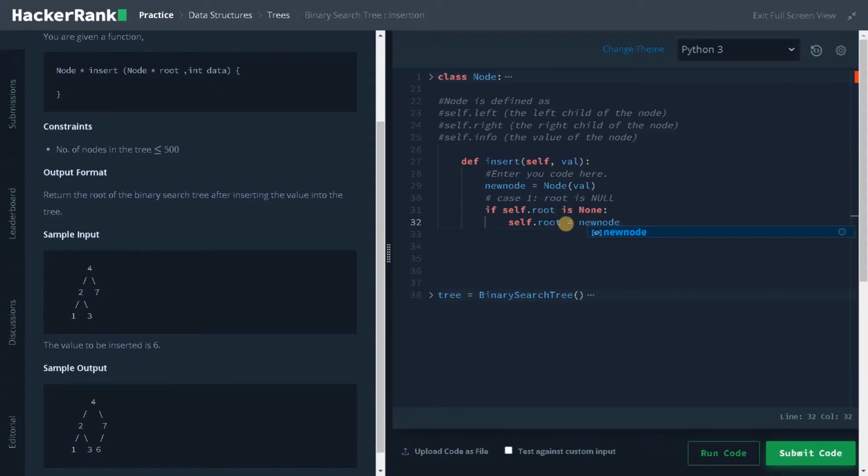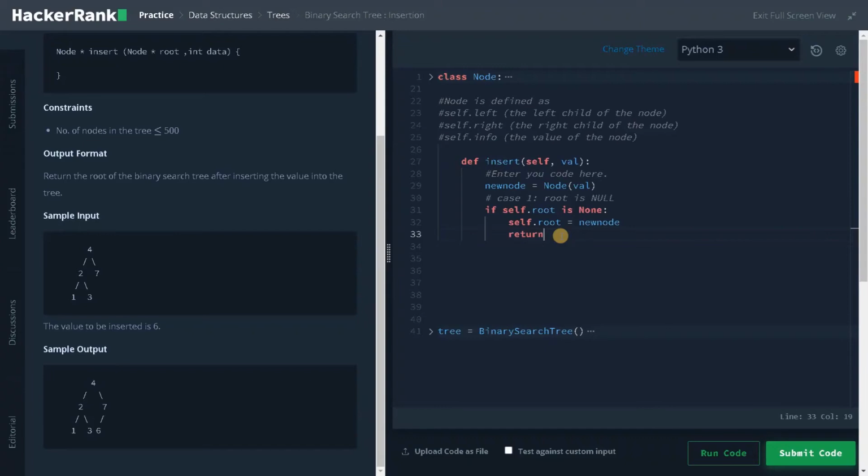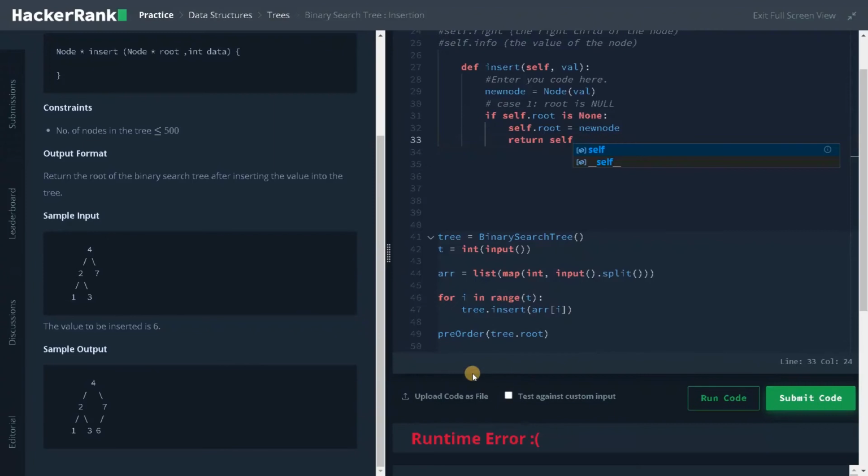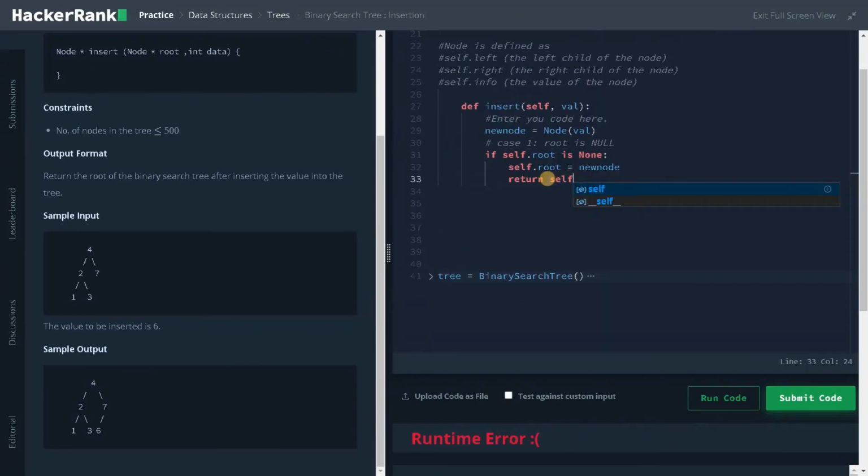So we'll be assigning the new node to the root and return the function. We can return self while returning the function, or else you can just leave it as return. So here it's not assigning anything, so we'll be just returning as it is.